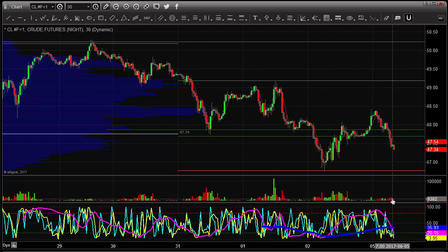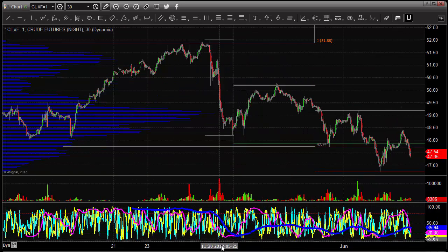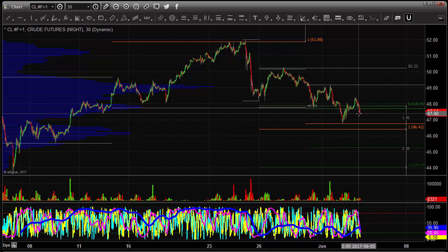We got some pretty good pre-market volume already, and it's already selling down, and we could very easily fall past this level. Now, if we were to just zoom out a bit, where do I need to zoom out to see these lows? So the next downward move is actually down here around the 46.44, which breaks this one that we had down on Friday. So we could easily come down, poke down to a nominal new low,